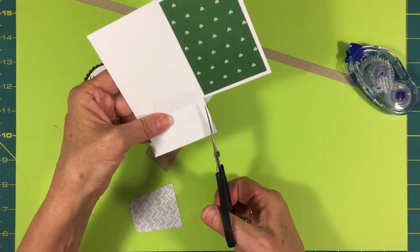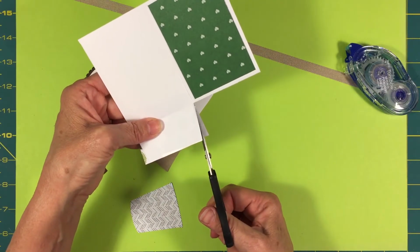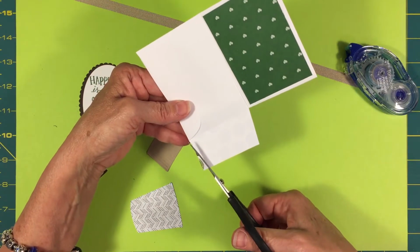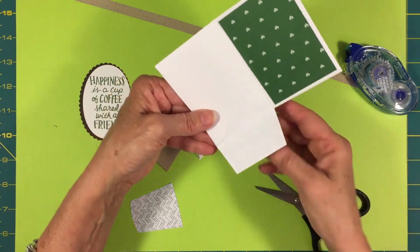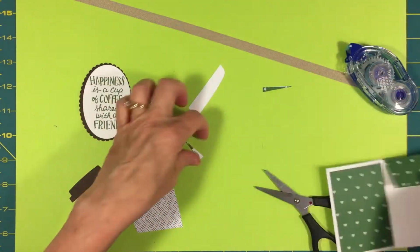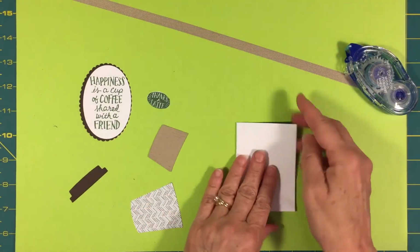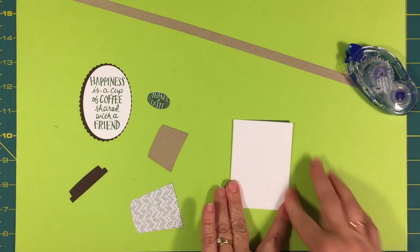And I like to kind of angle this end to match this side. Okay, so that's going to be like that. And then on the front,